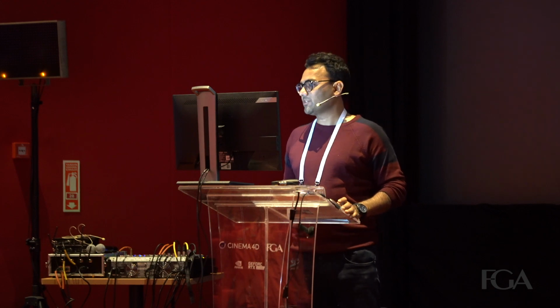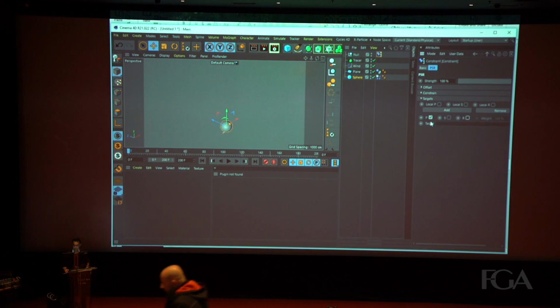So uncheck the rotation checkmark, keep the checkbox on for the position, and drag and drop this sphere into this target field, because we want this null to follow the sphere. So let's see. And this tracer needs to be linked with the null as well.